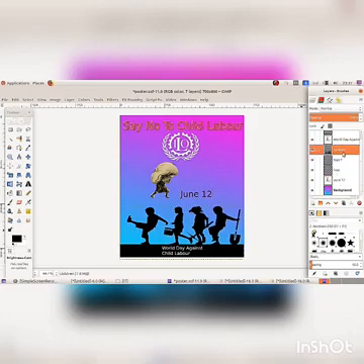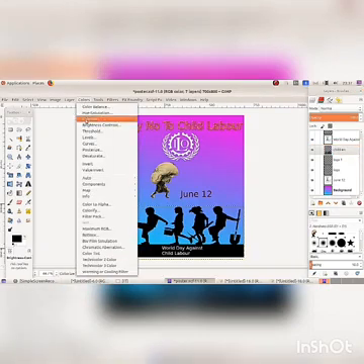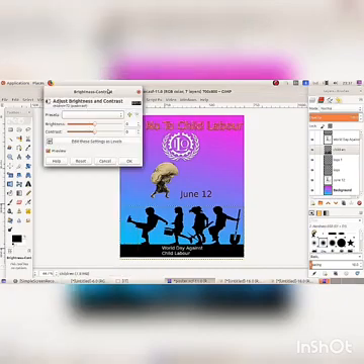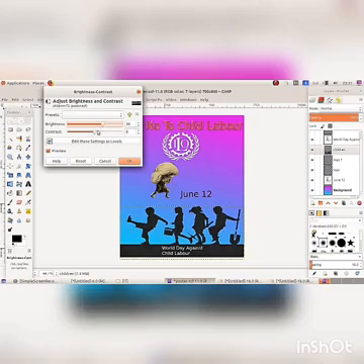How can we change the picture clarity? Select a picture layer. Select the layer Children. Then click on the Colors menu. Select Brightness and Contrast. The Brightness-Contrast dialog box appears.